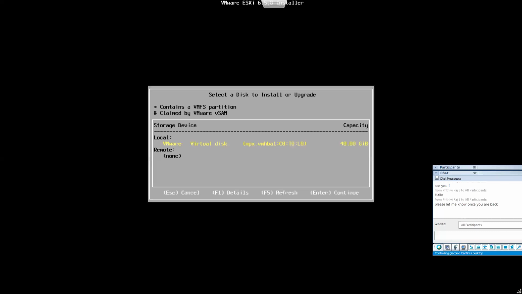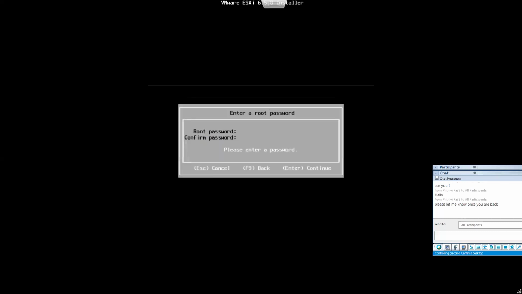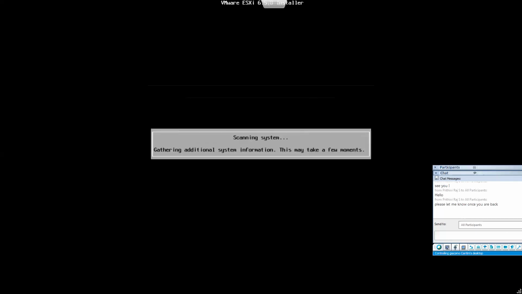Now I'm just clicking enter. Now it's asking what language. I will say US. Now this is important. There is something called the root account for VMware. That is the admin account, like you have for iLO and all, you remember? There will be one default account. That default account is called root. The password you can set up. There is no uppercase, lowercase, or strength requirement and all. Whatever it is, you can set up. Click enter.